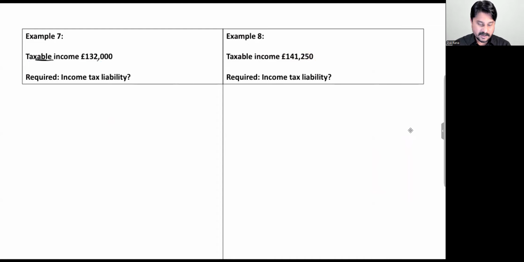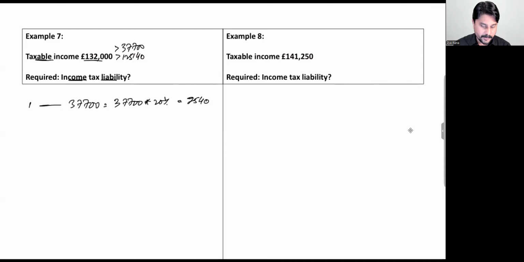In example 7, taxable income is 132,000, which is more than the basic rate band and also more than the second band limit of 125,140. Requirement is to calculate the income tax liability. For the first 37,700, a tax rate of 20% is applicable. 7,540 is computed. From 37,701 to 125,140, the difference will be 87,440, and